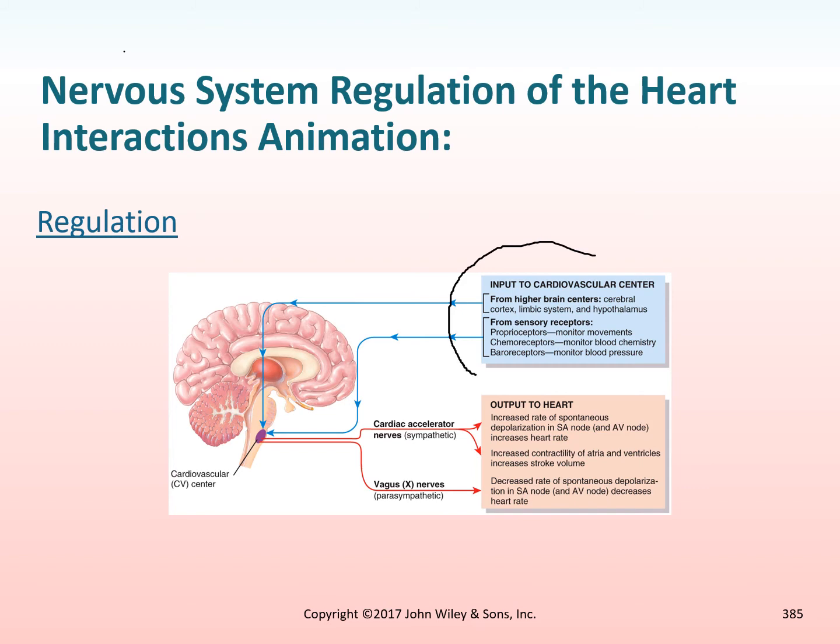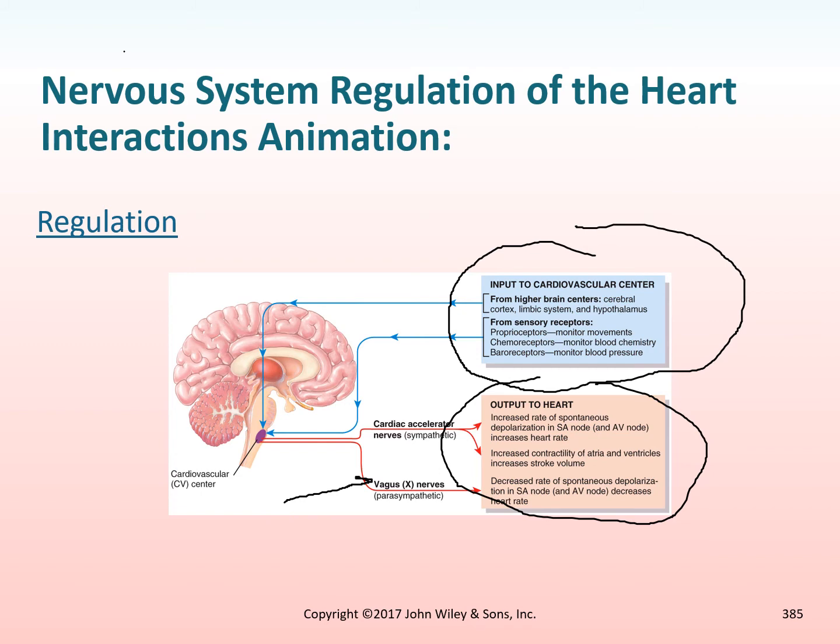Input to the cardiovascular center of the brain, output to the heart. The vagus nerve is stimulated by eating. You can also slow your heart down with going to the bathroom, defecating, urinating, a rectal exam, rubbing your eyes. Some people talk about breathing patterns affecting your heart rate. What is measured is the pressure of your blood, the chemistry of your blood,